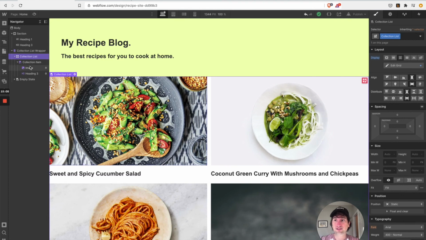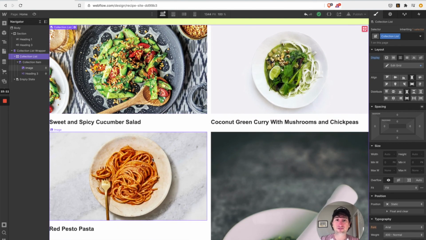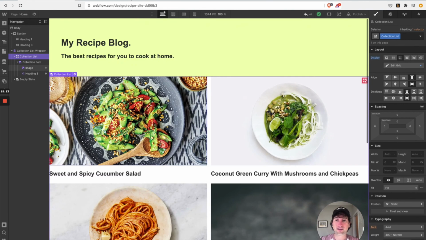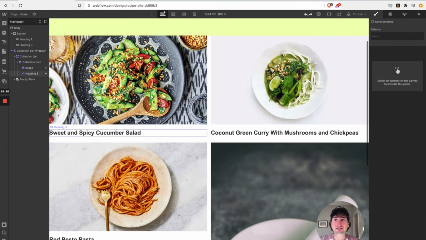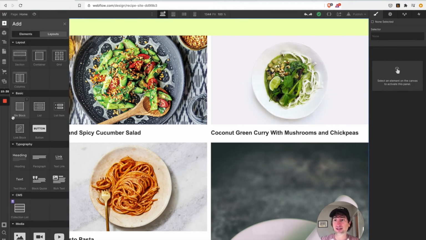And what I want to do is make sure that all of the images are the same size. So I'm going to do a little trick here. Instead of actually having an image block, I'm going to pull in a div. A div is essentially a box in HTML. And I'm going to give that div a background image, which is going to be this image. So I'm just going to go ahead and first pull in